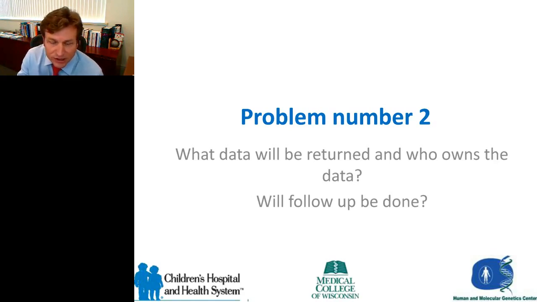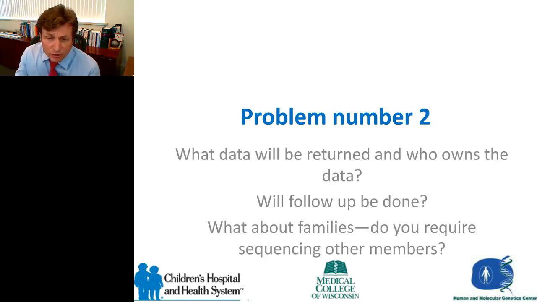Again, what you have to save and what you have to do is very different than if you're going to do follow-up. And also what we've learned is, are you going to require other family members to be sequenced? There are some people out there that believe we should only be doing this in trios. We do know from experience that if we had done this, some of our families would not have signed up to do this. We do require, in the case of children, that the parents provide DNA to check where the alleles come from and to look for a de novo. That's the only thing we require. We do not require the parents to be sequenced.